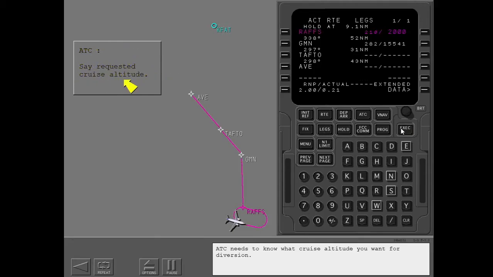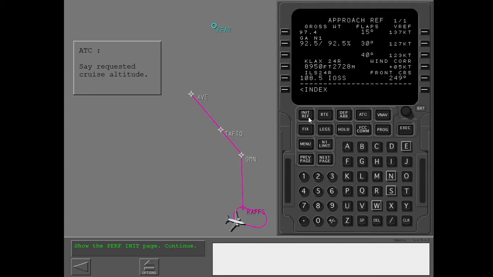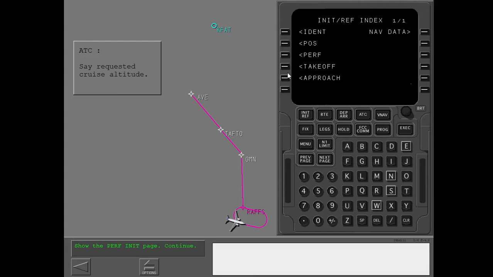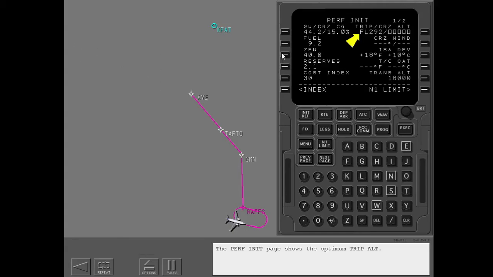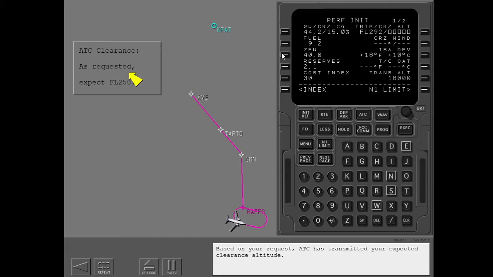ATC needs to know what cruise altitude you want for diversion. Show the Performance Initialization page. The Performance Initialization page shows the optimum trip altitude. Based on your request, ATC has transmitted your expected clearance altitude. The clearance altitude may be put in on the Performance Initialization page,